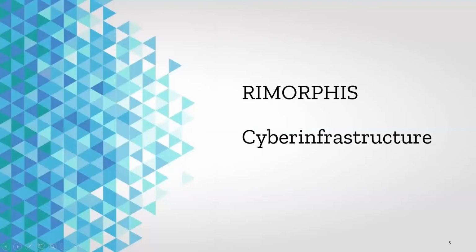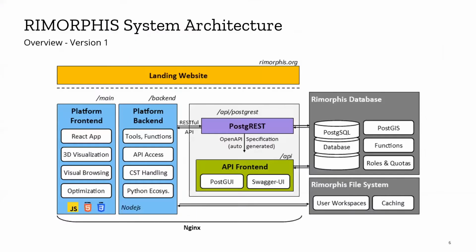And on the infrastructure side, here's just a high-level architecture of the system. We have our landing website for the project, but also in the background, we have the backend environment for the platform, as well as a front-end system for the information system, which is mostly dependent on the PostgreSQL database system, a PostGIS environment for processing geospatial data. And also we are using an API to serve all the data to the backend and to the front end. Also, we have another API endpoint for the end users, which we are going to talk more about as